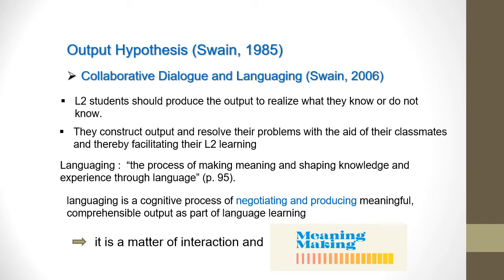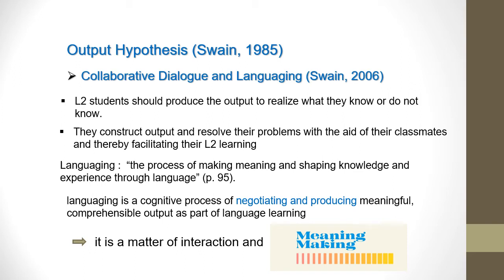She proposed the output hypothesis, which is centered around writing, and students should produce the language. It's not just the input, but also the students should produce the language. And according to this hypothesis, in writing, students construct the output and resolve their problems with the aid of their classmates,